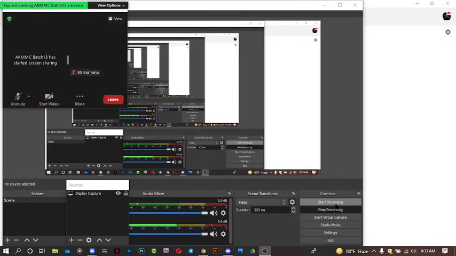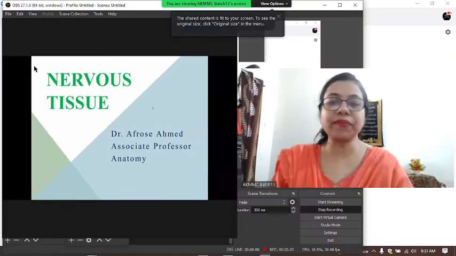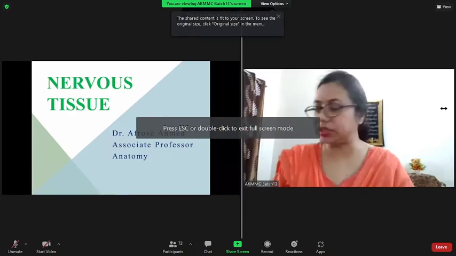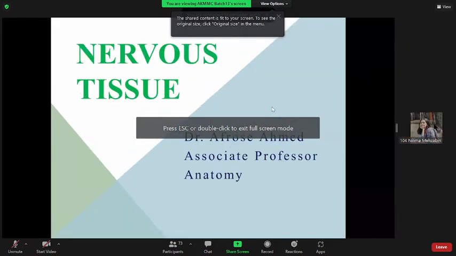ওকে ম্যাম। আচ্ছা ঠিক আছে, এখন আমরা আজকে তাহলে শুরু করে দিই না, সময় তো অনেক হলো। জি ম্যাম।